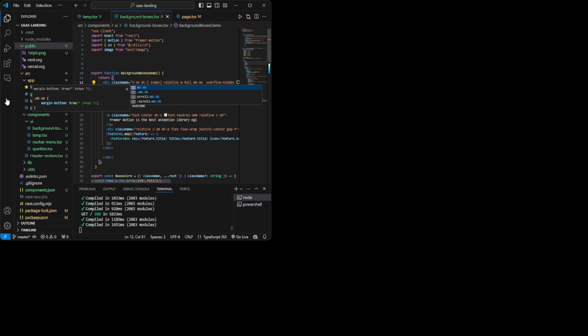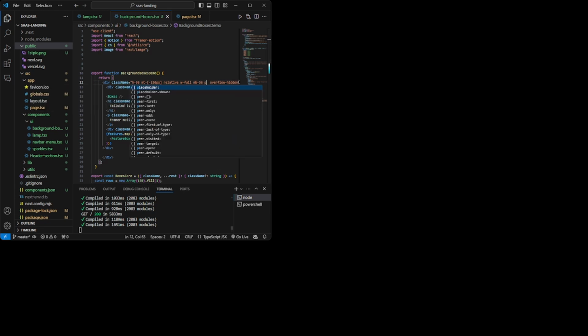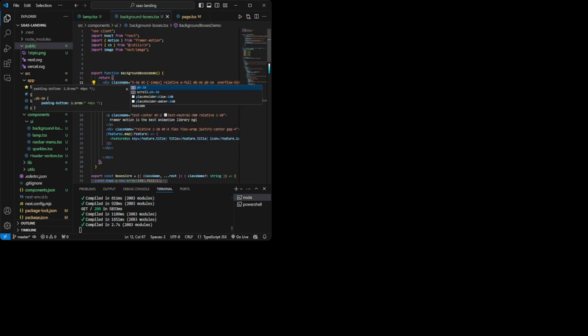So now this mb-36, and I want to give it a padding also. Margin because I want to give some space after my second section, and padding because I want to give some space down the boxes inside my second component. So I want to use pb-10.